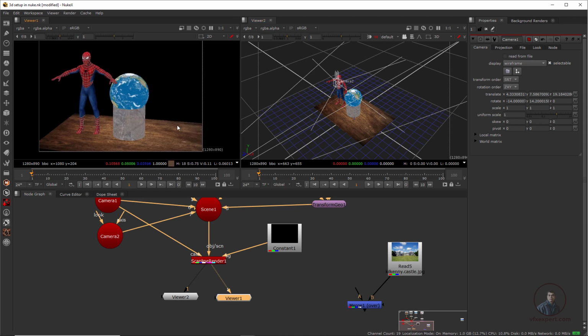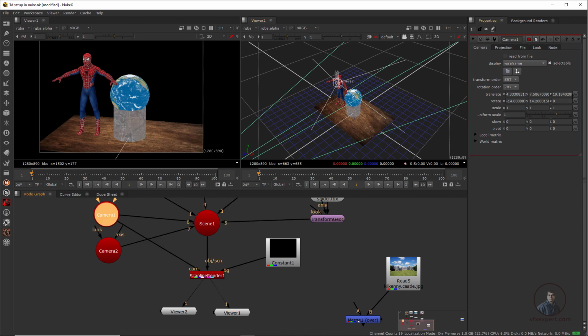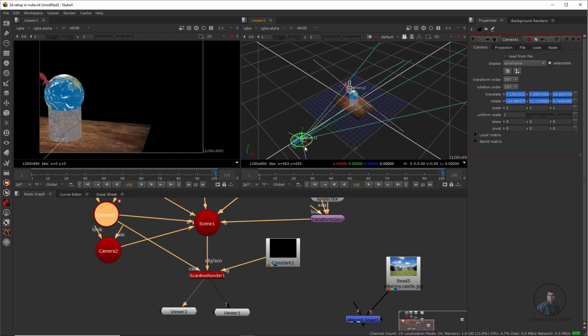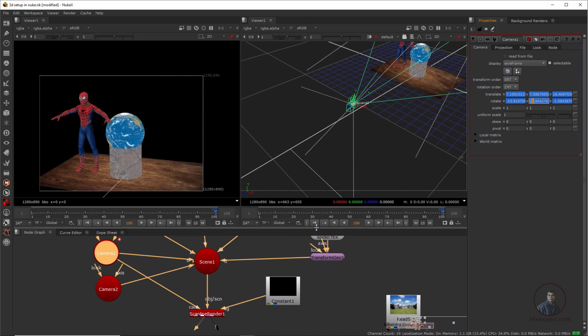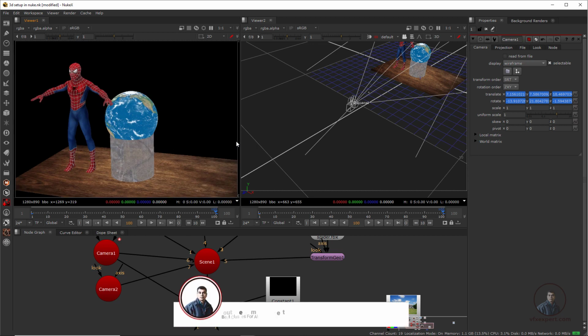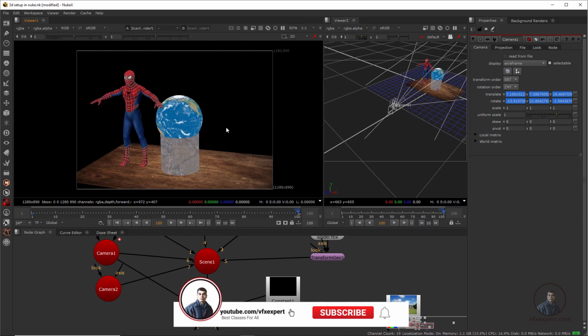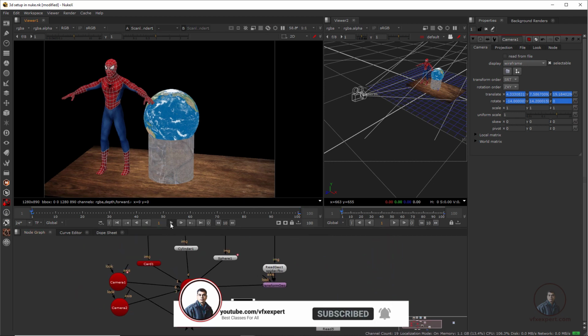Now I am going to animate our first camera. Simply click it here, then double click on this Camera1, then right click on the transform and rotate, then go to the last frame. According to your requirement, you can simply animate here. Now press H and adjust a little bit, so we can see our animation output here. Now simply play and check.